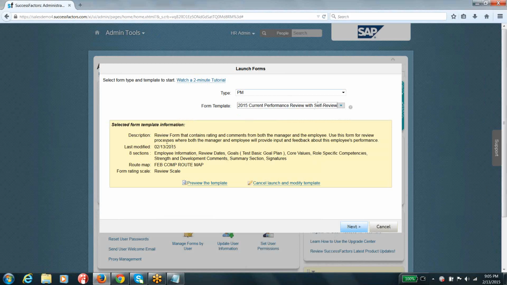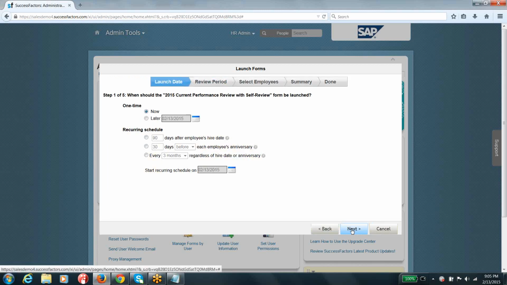And here you can see there is a description and the things that you have configured so far: how many steps and sections there are, what roadmap you integrated, what rating scale you integrated. Everything you are able to see there. Click on next, guys. This is how you are going to launch the form to the users of your organization. So click on next, then you will understand the complete process, guys.